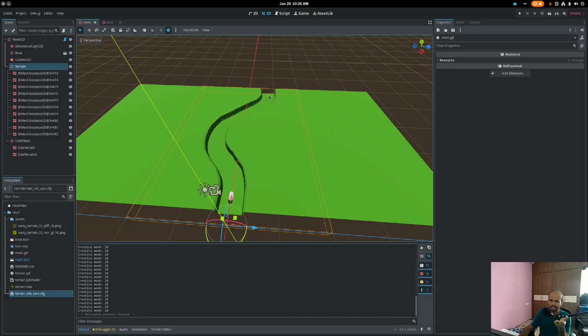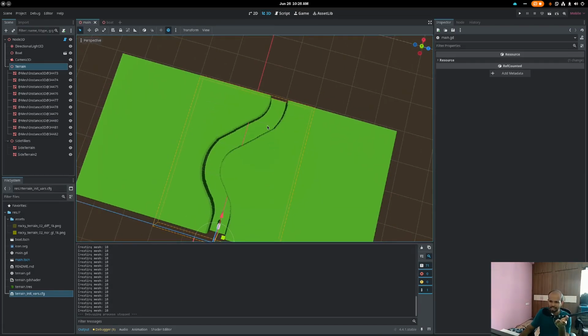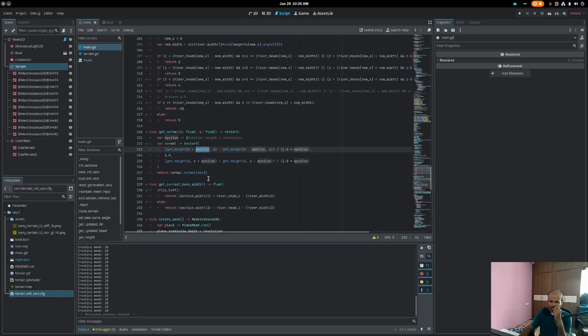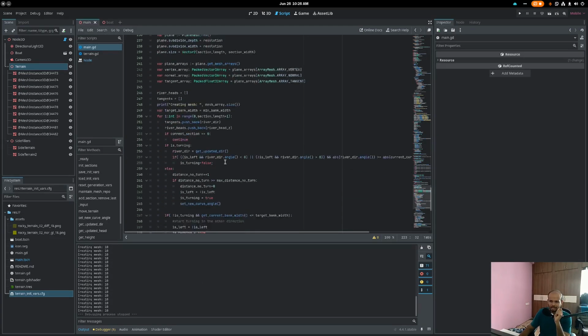So if you are calculating, let's say here at the edge, the normal, then in the last video I mentioned that you go 1 unit forward and 1 unit backward. When you go 1 unit forward, you overshoot, and then I was getting out of range errors. So I calculate 1 more,